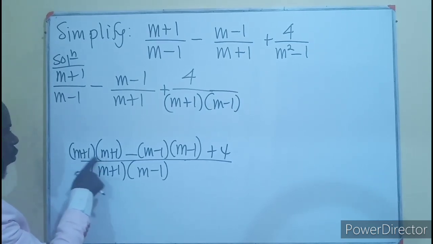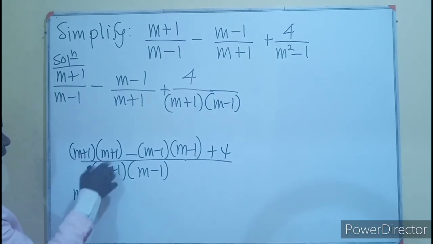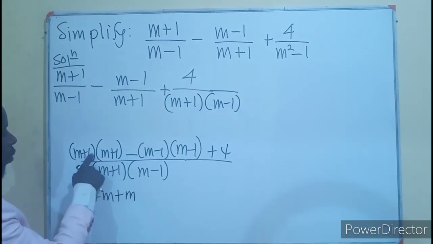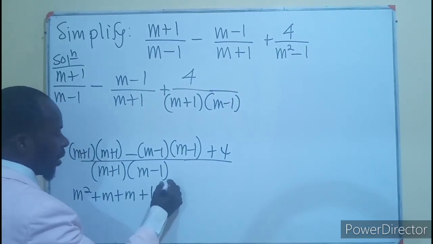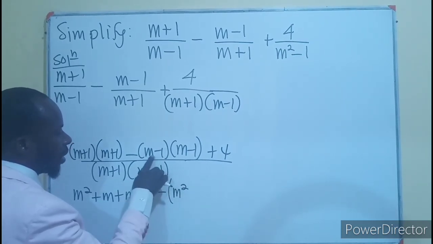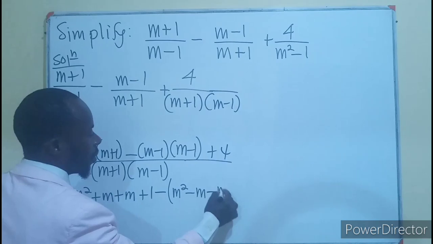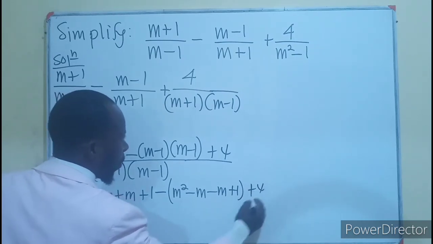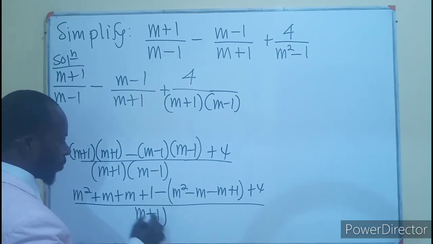We look here and know we are going to open this bracket. m times m gives us m squared, m times 1 plus m, 1 times m, another plus m, 1 times 1 will be plus 1. Then we have minus. Let's bring the bracket. m times m, m squared, m times minus 1, minus m, minus 1 times m, minus m, minus 1 times minus 1 plus 1. Then we add 4 divided by our denominator,